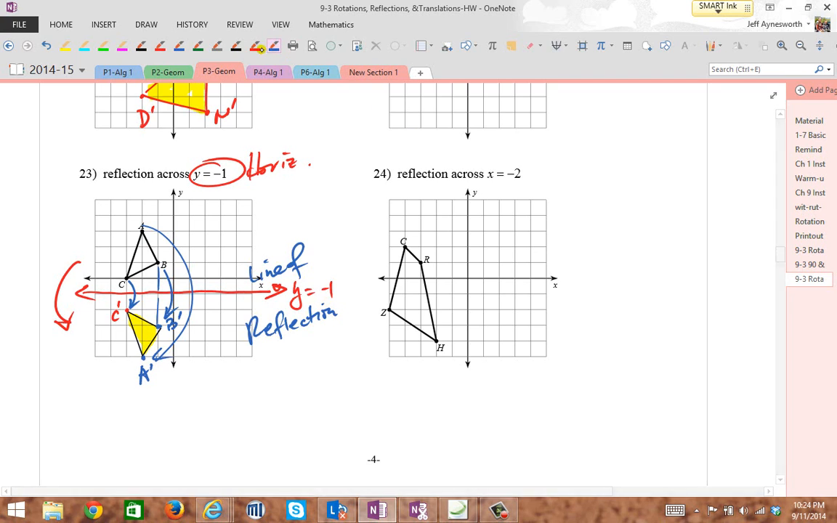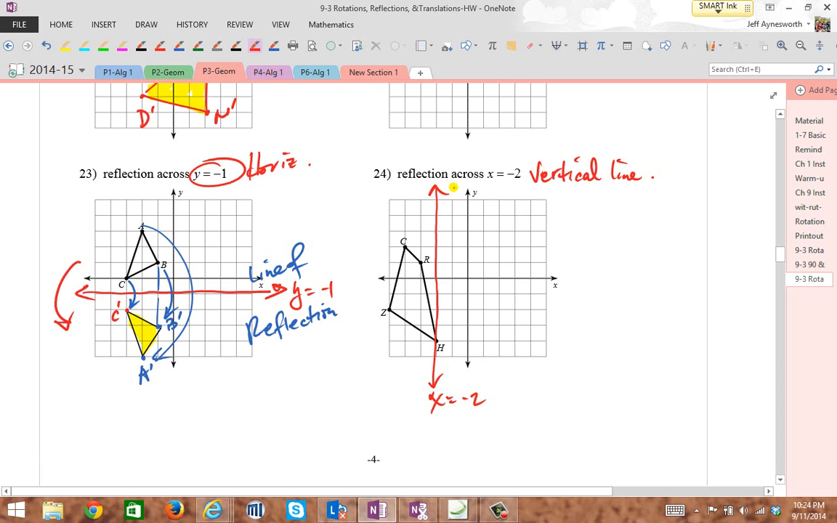Now, x equals -2, well, that's different. Here's the x-axis, -2 is right here. It's a vertical line. Whoa. Highlight it here. This is what I did in my lesson. Here's x equals -2. It's a vertical line. Okay, so you do that, and now you're going to be reflecting on the other side, over here on the